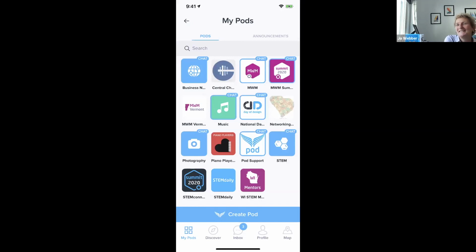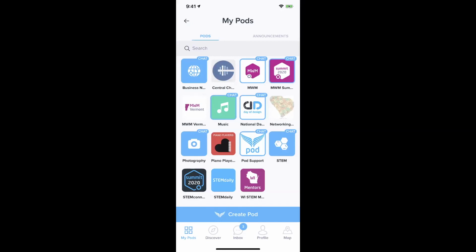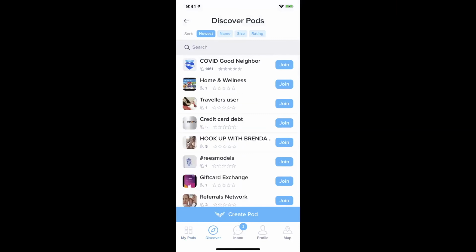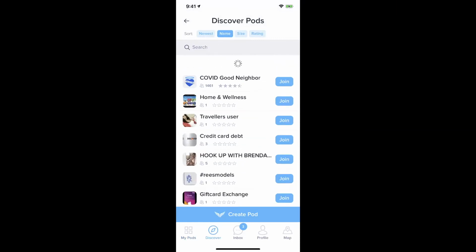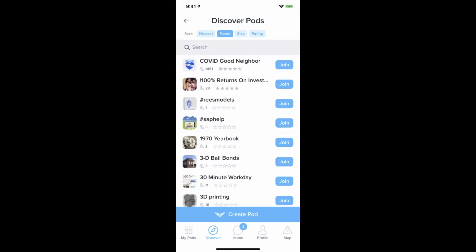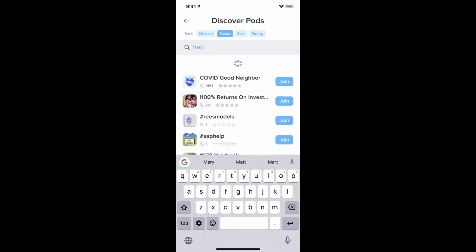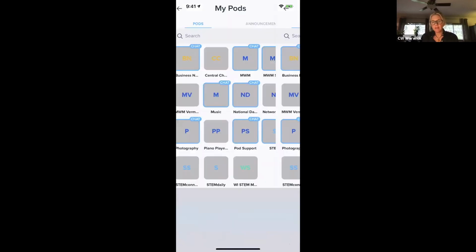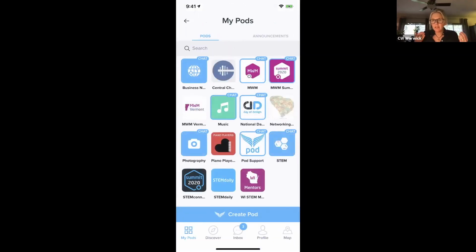The question I have is, let's say we wanted to do a Million Women Mentors pod per county. Is there a way to associate it with Million Women Mentors Maryland? I'm envisioning Million Women Mentors Maryland as the umbrella with pods underneath, or is it just another pod? Does that question make sense? Yeah, it makes great sense. Does somebody want to take that? I'm happy to answer it. All right, go for it, CW.